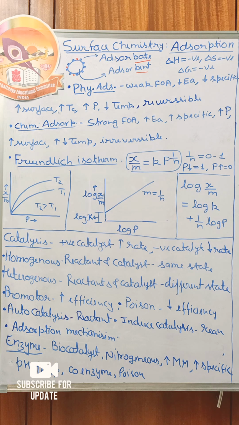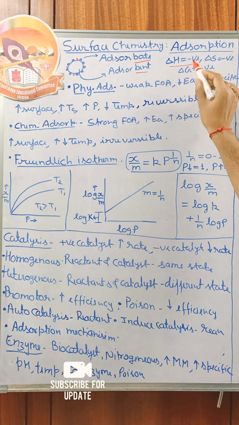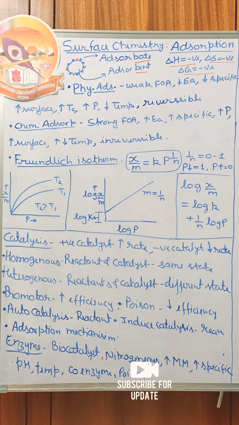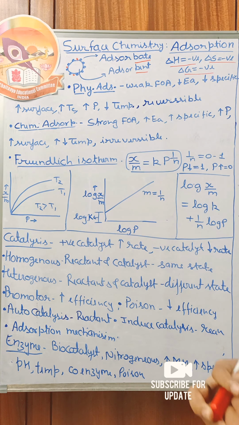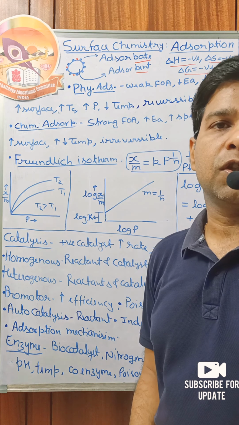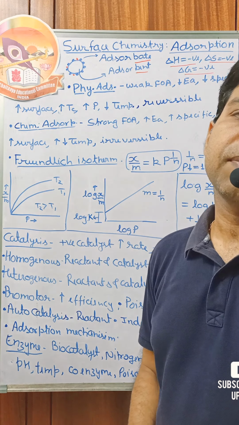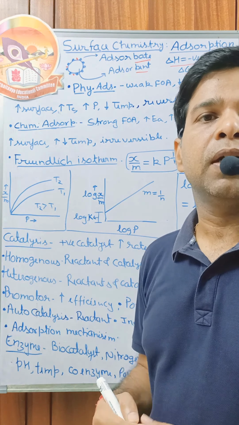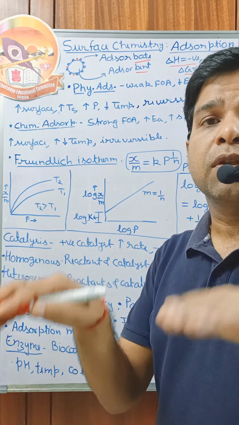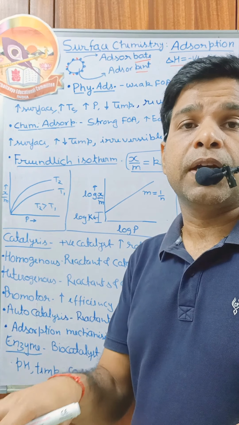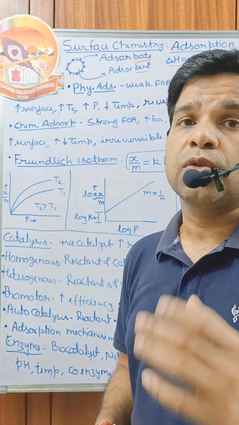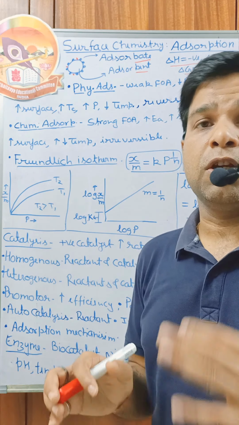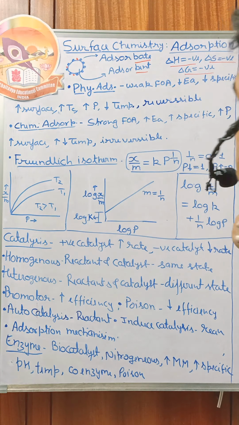For adsorption, delta H is always negative, delta S is also negative, delta G is also negative, because gas and solid particles have a force of attraction between each other. So due to the force of attraction they become stable. Before the adsorption, gas molecules flow freely in the air, but after the adsorption now they cannot move. They are present at the surface in a stationary condition, so entropy decreases, and all adsorption occurs by itself. It is a natural spontaneous process, so delta G has to be negative.